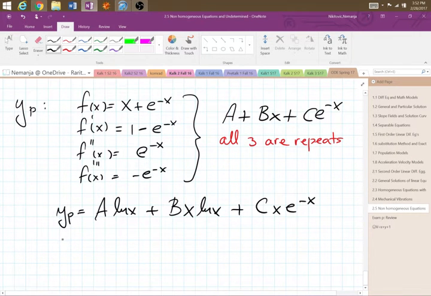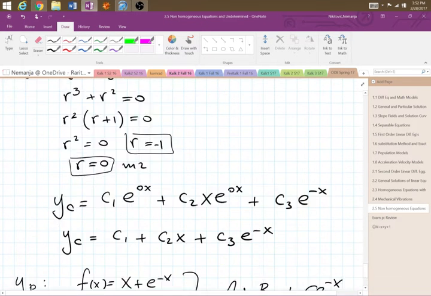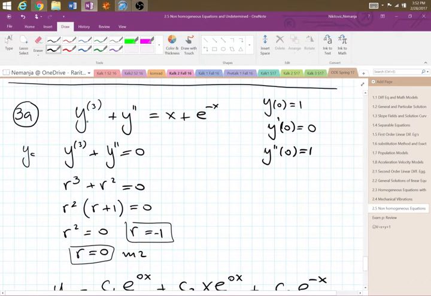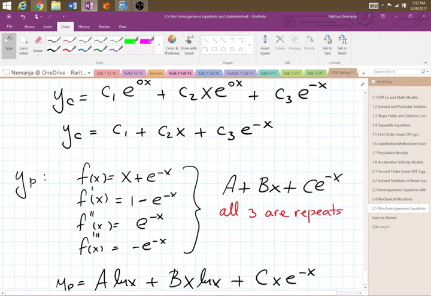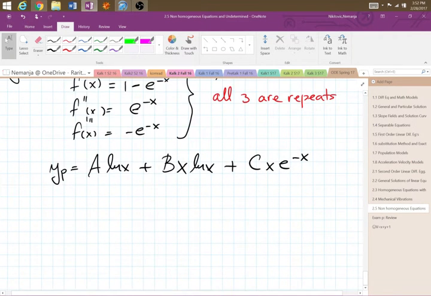Now we know what to do. Differentiate it 3 times, plug in equation, and work on those coefficients. So we need to differentiate this 3 times. This is where all the fun begins. Now we have the product rule here. So that's going to be copy the first times derivative of the second plus copy the second times derivative of the first, which is just b,